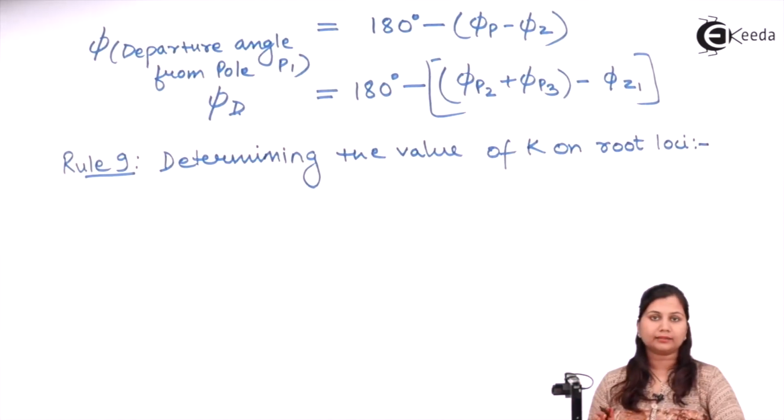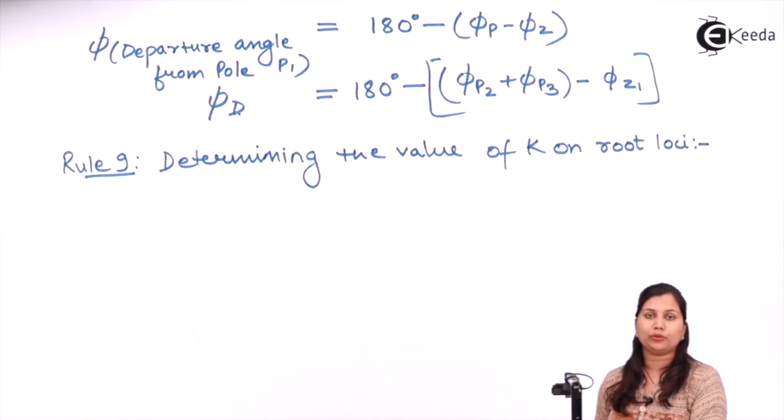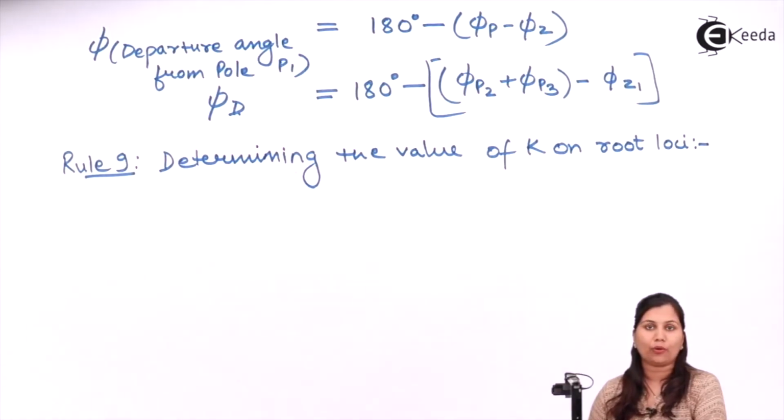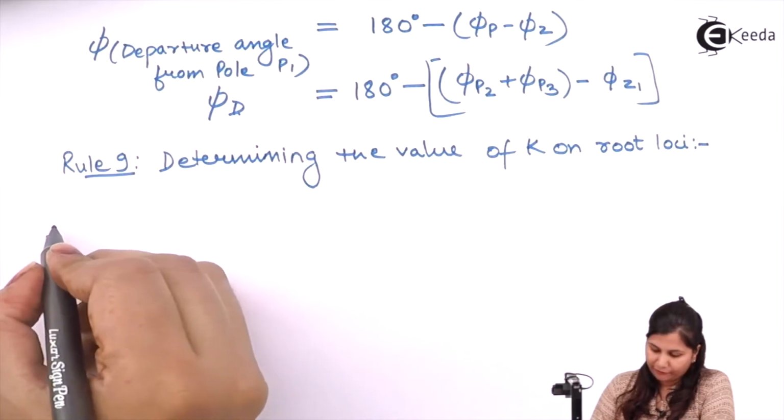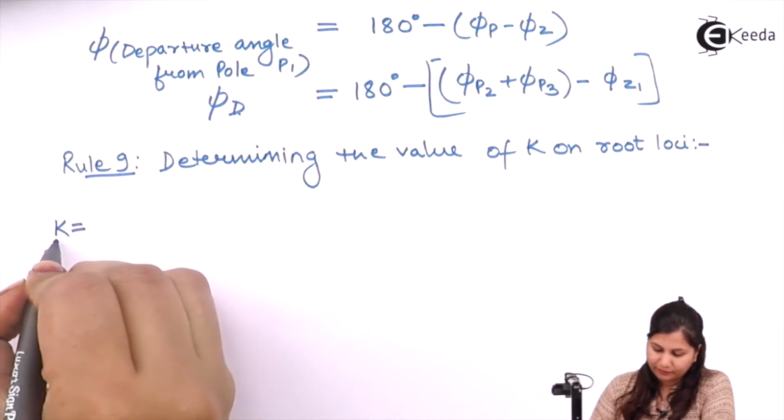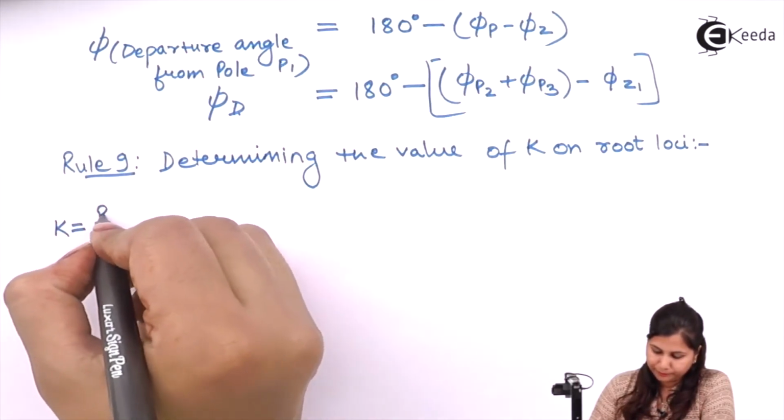As we know, with the help of the root locus, we can determine the value of k on all the points which are lying on the root locus. So how will we determine the value of k? We have a formula for it. K is equal to the